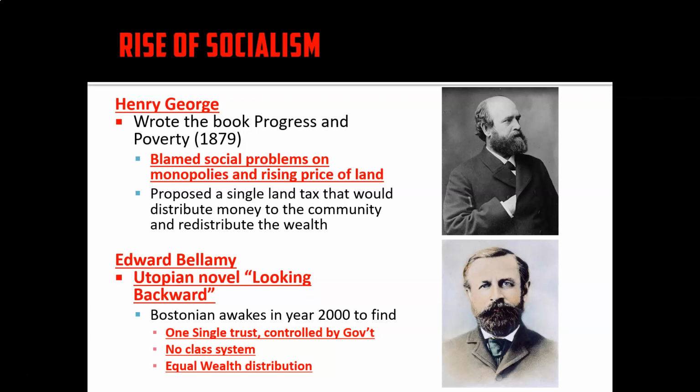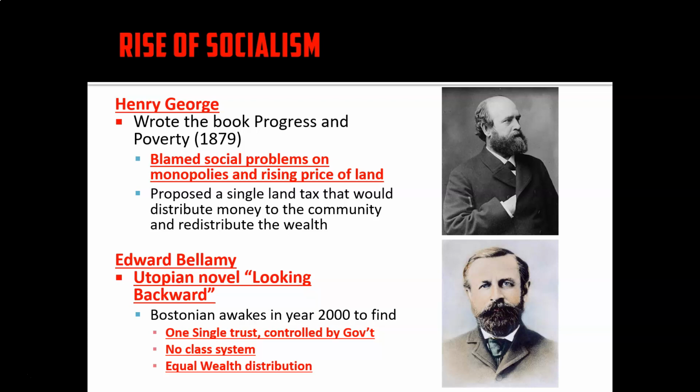So he's not wrong in the fact that the price of land is going up, but what he believed was part of our social problem is that these industrialists own this land and they're making this money that they really have done nothing to earn. It's just naturally accruing, and that there needed to be some sort of tax that would distribute this money back to the American people because it's all of our land in a sense is the idea. So that goes back to that socialistic idea that everything is under one roof and under the government.